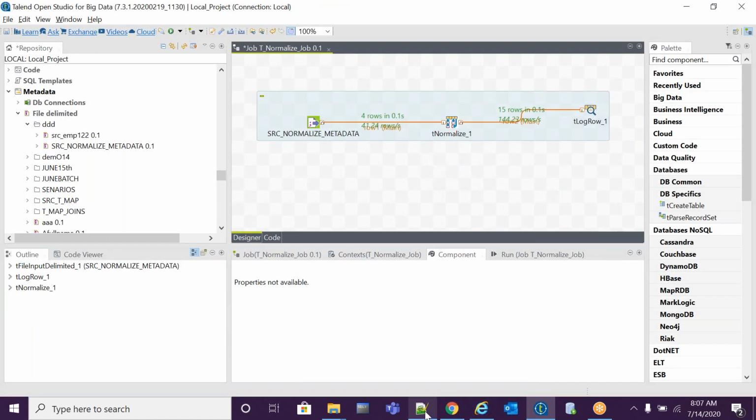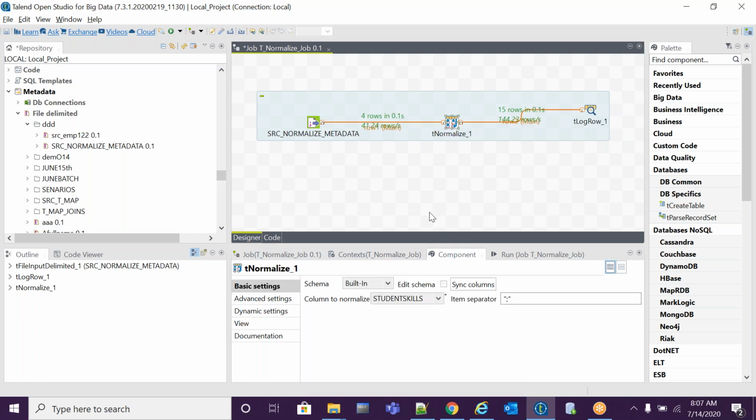First, you need to divide the rows, right? If all our records are coming in one row, you need to divide them. Then tNormalize is needed. And in tUnite we can do dedupe according to occurrence, right? First occurrence or last occurrence. Okay.